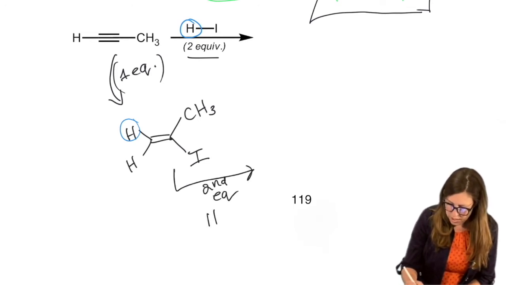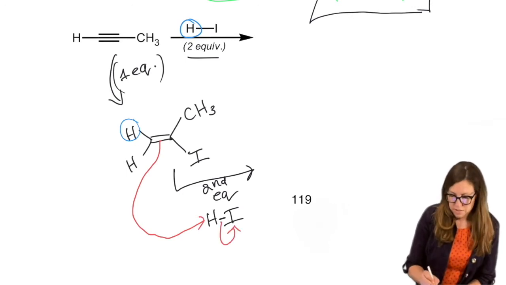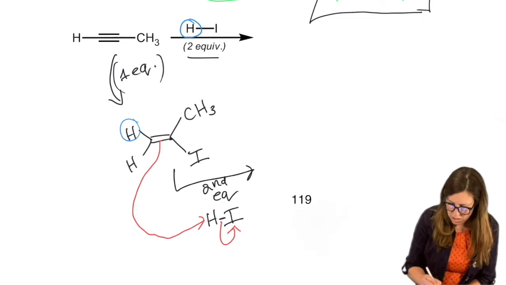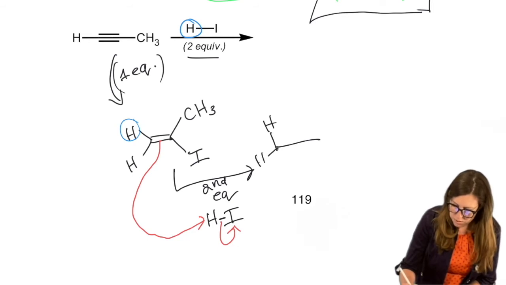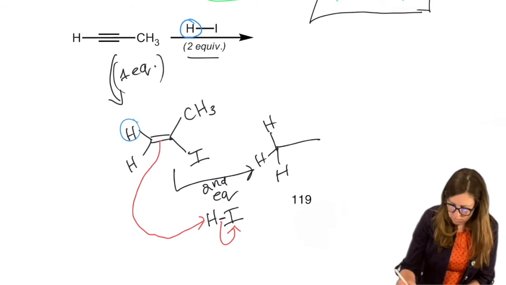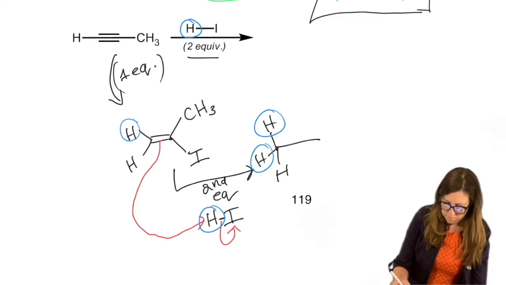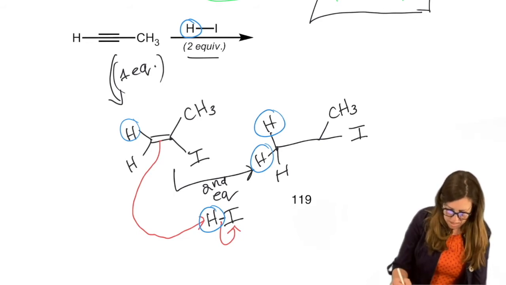Second equivalent of HI. Let's draw the bond. That pi bond attacks, leaving group leaves. Follows Markovnikov's rule. Another H comes in. Oops, I actually drew an alkene. Pi bond's gone, right? But following Markovnikov's rule, all the H's go on the carbon with H's. So if I already had one blue H, I'm going to have a second blue H, right? This is the carbon that had methyl and an I, and now it is a carbocation.